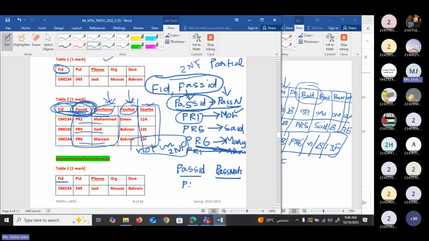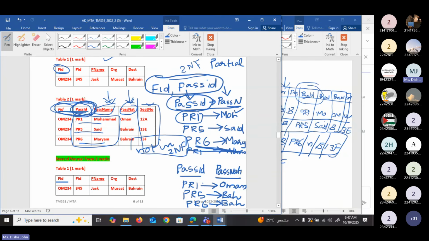So here PR1, the nationality of the passenger is Oman, and PR5, the passenger belongs to Bahrain, and PR6, passenger belongs to Bahrain. So here you can see PR1 is only related with Oman, PR5 is only related with Bahrain, PR6 is only related with Bahrain. So it is a functional dependency.